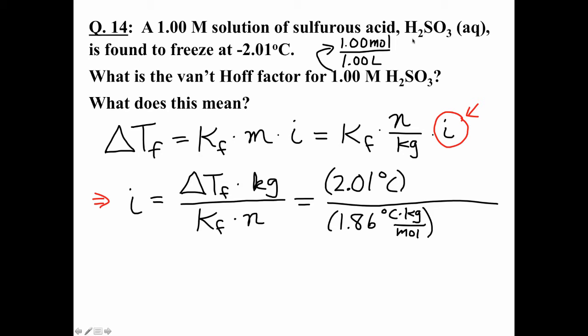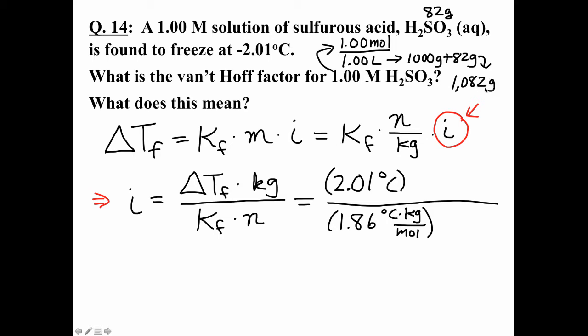A decent estimation might be to say, if we have 1 mole of H2SO3, that's about 82 grams of H2SO3, and then 1 liter of solution, if that was made by taking 1,000 grams of water and adding that to 1 mole or 82 grams of H2SO3,